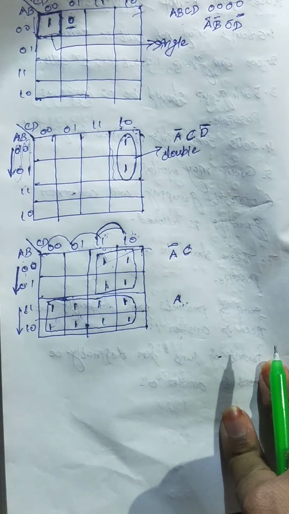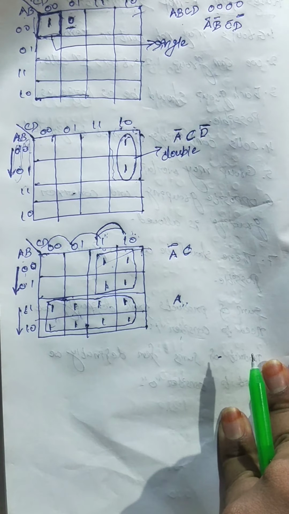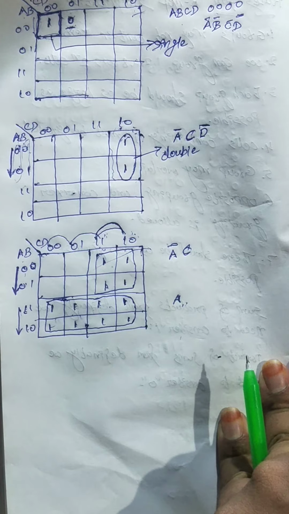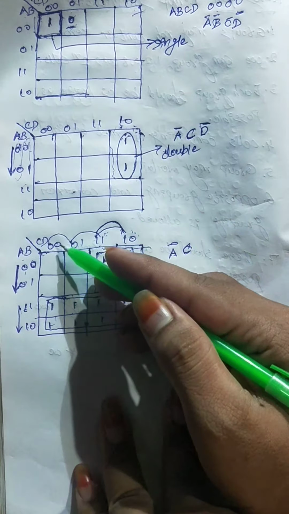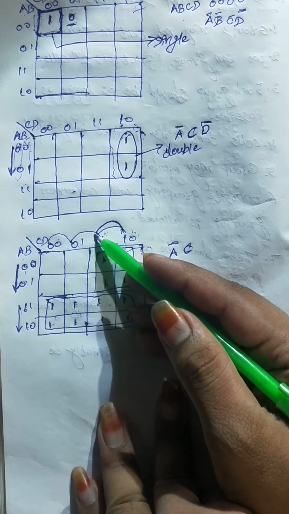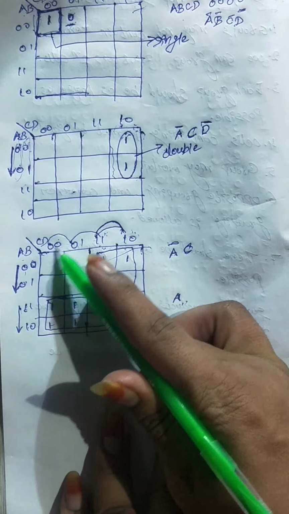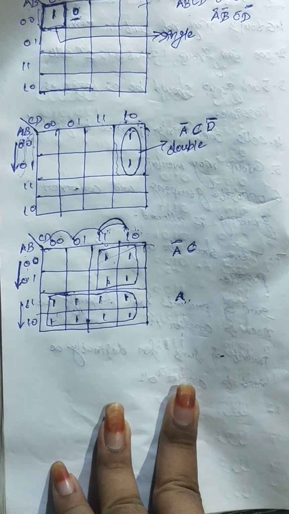Only the same variable across all these cells can be represented in the equation of the prime implicant. That means here all the cell values will be the same in every position for A, but the other cell values change from one position to another. Therefore we cannot consider those 4 variables. Therefore the value becomes A only.